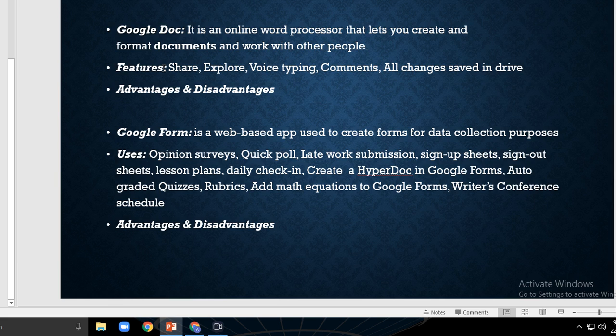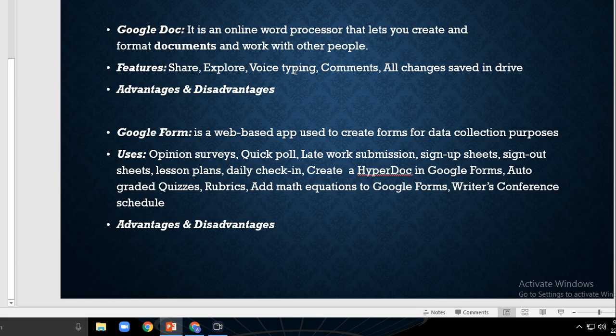So everyone knows, whoever is doing it, what information is added and all. And if a student accidentally deletes the text of the document, they can use all the changes saved in the drive and restore the document. That is also one advantage of that Google Doc. Next thing, explore. In the bottom left of the Google document is the explore feature. When you click on this icon, it will look at all of the data in the paper and offer links and pictures that have to do with the text. It will also show similar items in your Google Drive. See how helpful it is for you to do your work so nicely and easily.